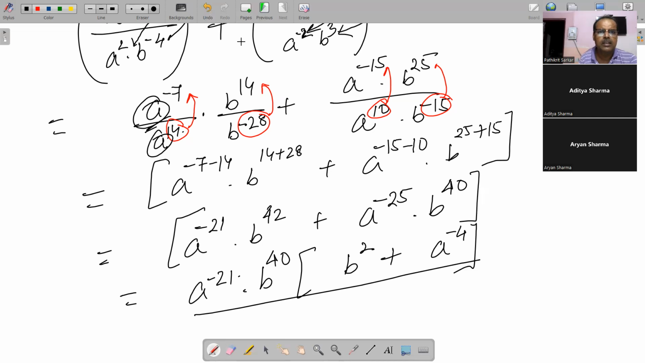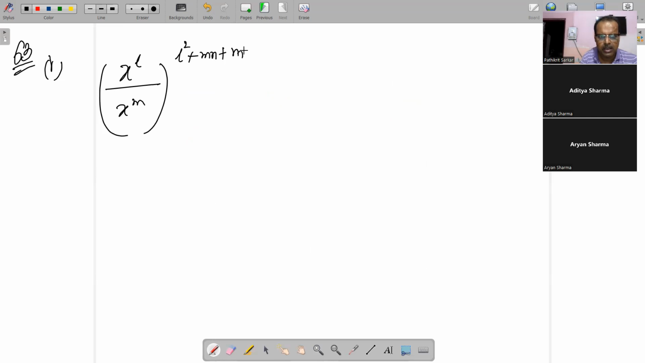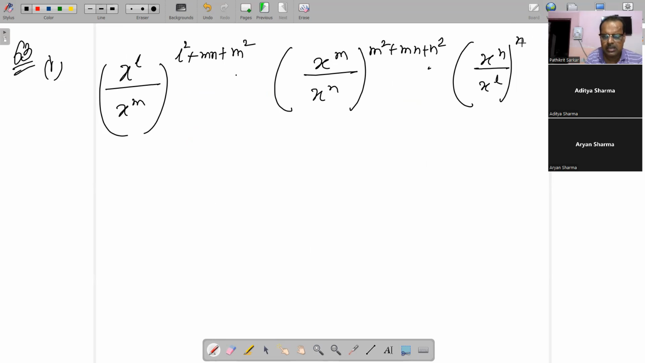Okay. Next come down to another type of problem, like simplification के 3-4 प्रॉब्लम देखते हैं। सर एक प्रॉब्लम दिया गया है, वहां पर लिखा गया है that x to the power l by x to the power m और इसको ऊपर में लिखा गया है l² + mn + n²। उसके बाद मल्टीप्लाई किया गया x to the power m by x to the power n और उसको लिखा गया ऊपर में m² + mn + n² और नीचे में लिखा गया x to the power n by x to the power l और इसका जो पावर है उसको लिख दिया गया n² + nl + l²। सो दिस इज द वे इट इज बीन डिस्प्लेड ओवर हियर।